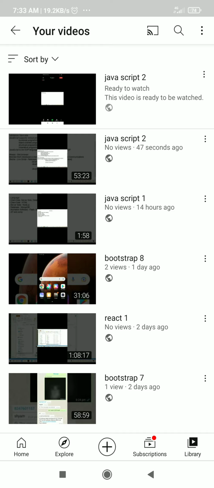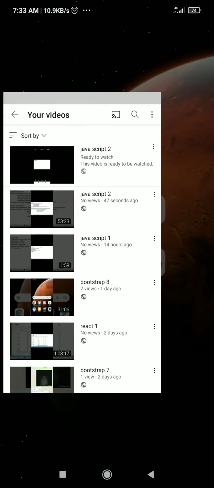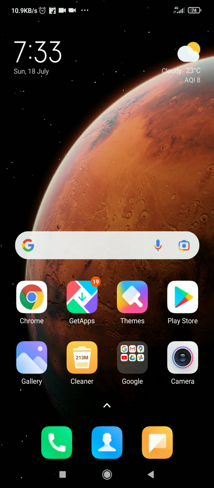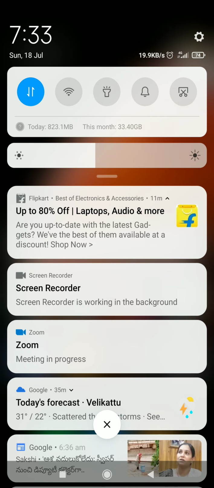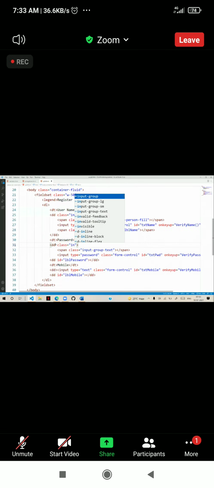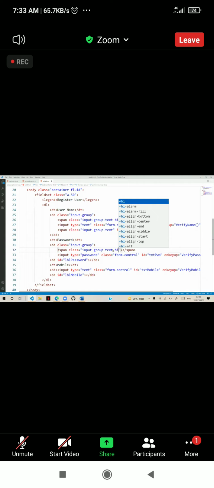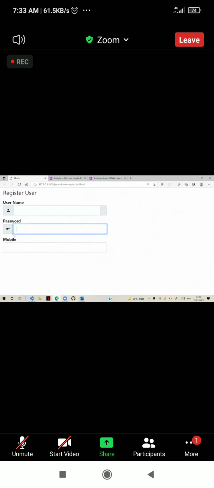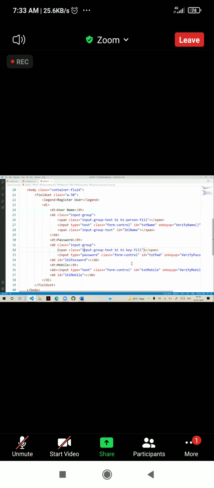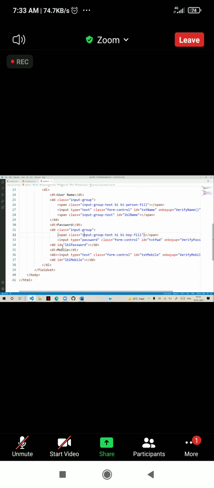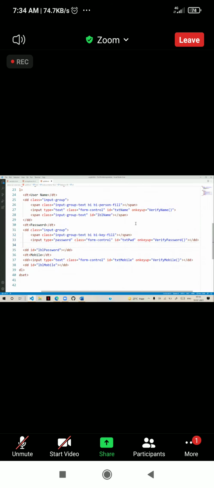And for password, let's keep a span, class input group text, and this is input group again. Okay, and here we define bi and bi-key-fill. So that is the symbol for password. And on the right side we will give, yeah, in the data definition